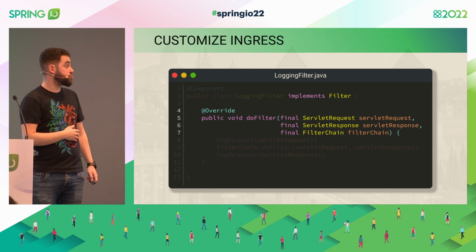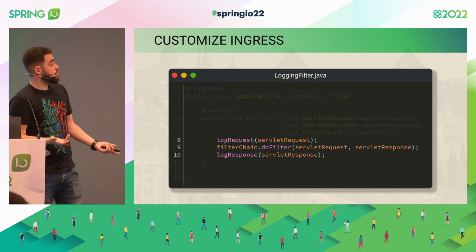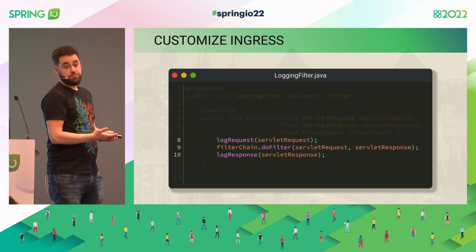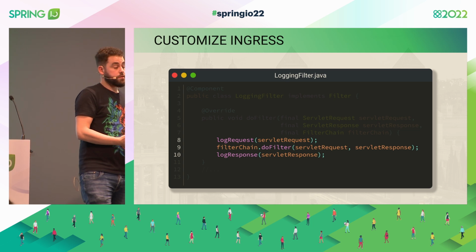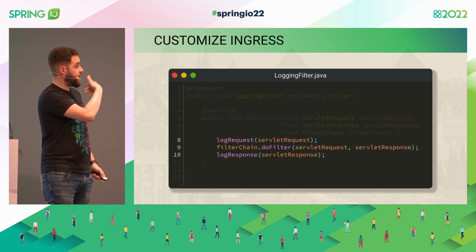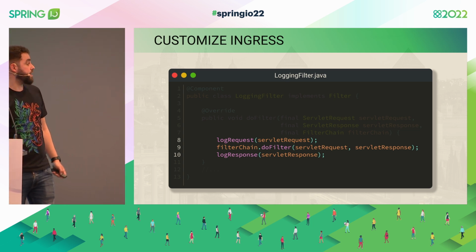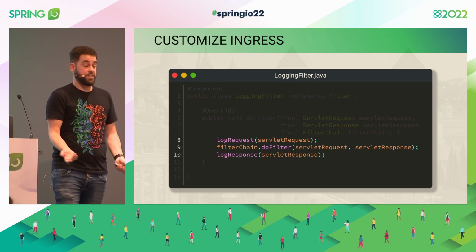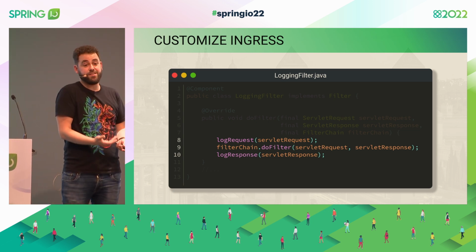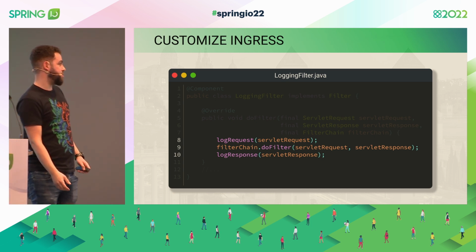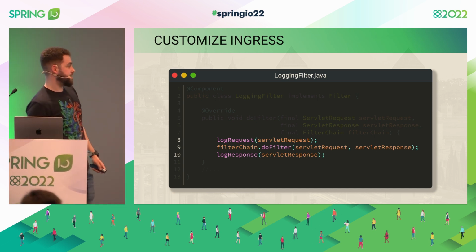just calling the controllers. And what we can do is something as simple as logging the request before sending it to the controller, so the rest of the filters and the controller. I can just carry on with the filtering, and ultimately I can just log the response after it's populated. Again, if we try to log the response before calling doFilter, the response will not be populated. We cannot travel back in time. We're trying it, but not yet.